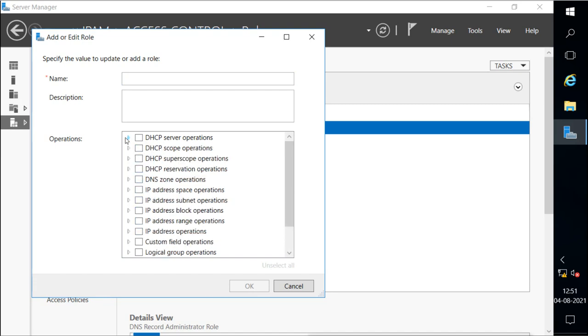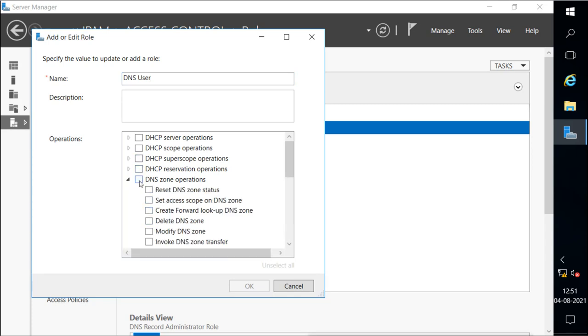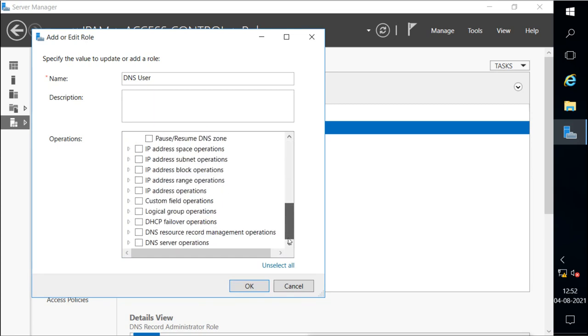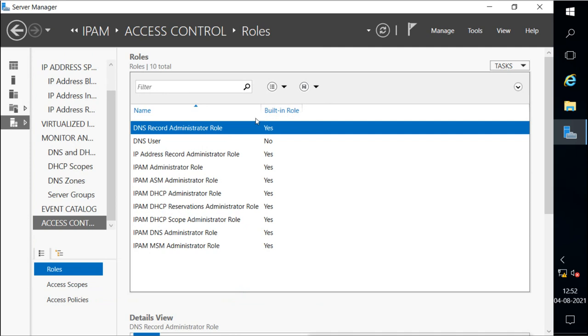We can add from here, like a DNS user, and I will give the right to manage the DNS zone: create forward lookup zone, delete zone, modify zone, or set the access scope to the zone. I'm giving only these rights. So this is what I have created here.